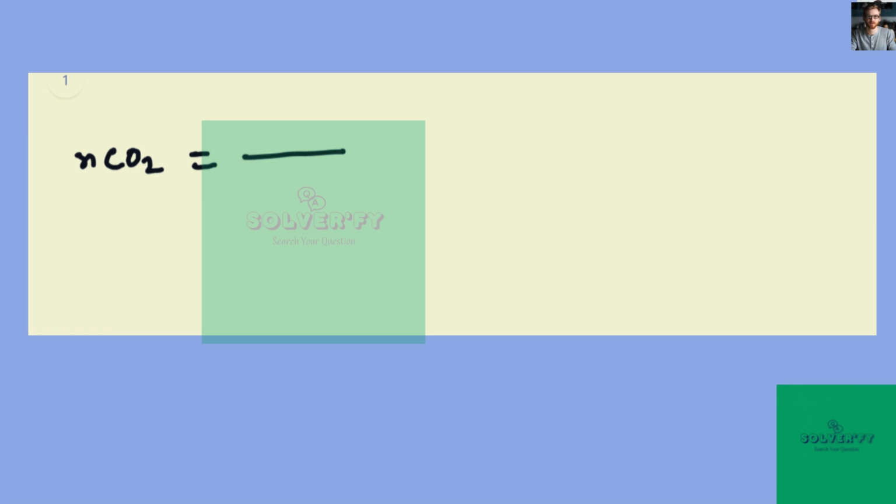So the mass of the CO2 which was produced is 3.52 gram. That means the number of moles will be 3.52 over the molar mass of carbon dioxide, which is 44.01 gram per mole, and this will give us a value of